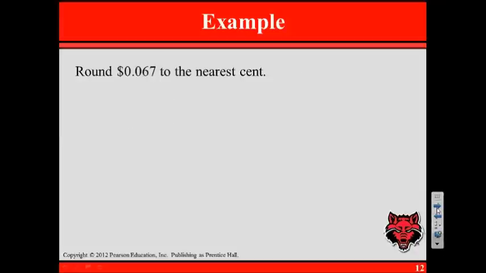Let's try another example. Round 0.067 to the nearest cent. If you know where the nearest cent is by looking at the decimal, that's great. The cent is going to be the equivalent to the hundredths place. So let's write our number,